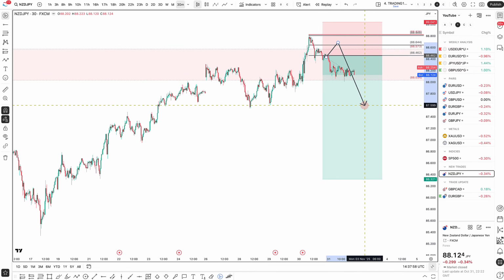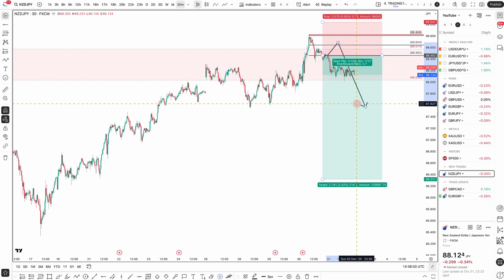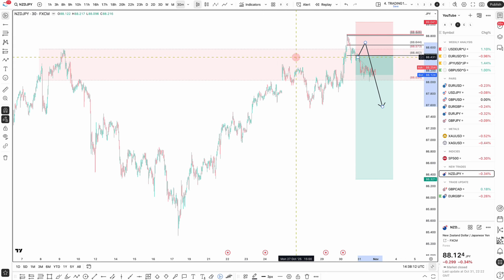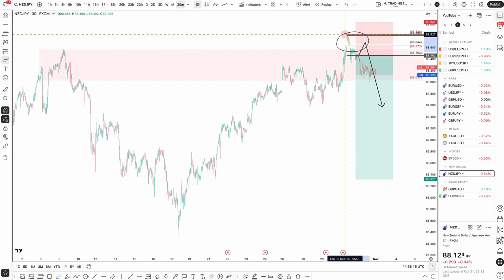And so if we continue to get a dovish New Zealand central bank and a bit more of a hawkish Bank of Japan, hopefully we can get a bit more moves to the downside. So that's what I am in at the moment. The setup itself was a nice stop hunt above the market around here. Very nice. And then move to the downside.